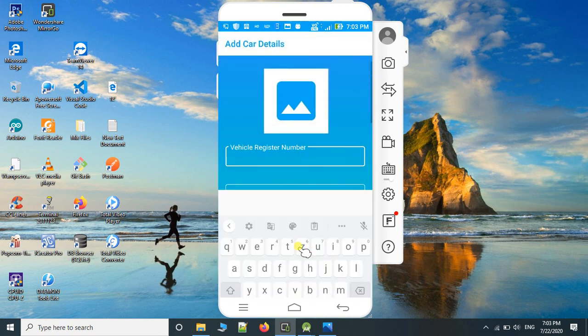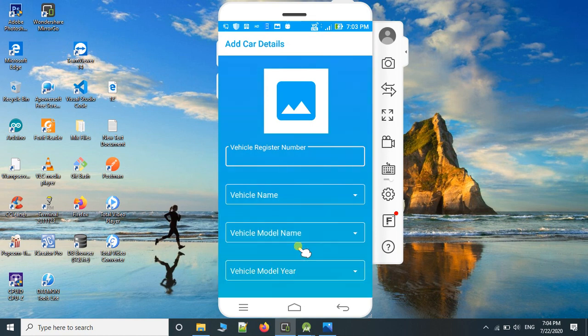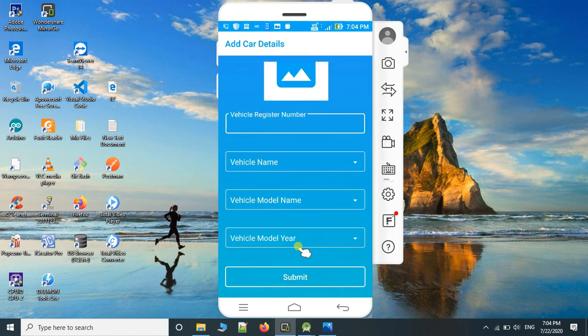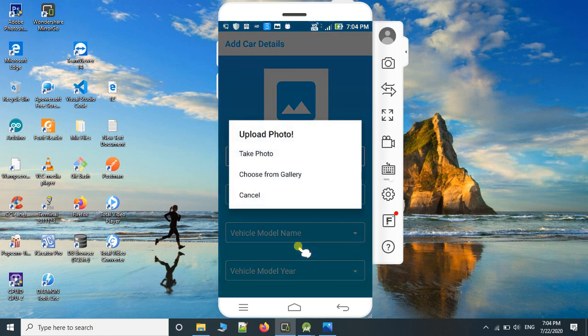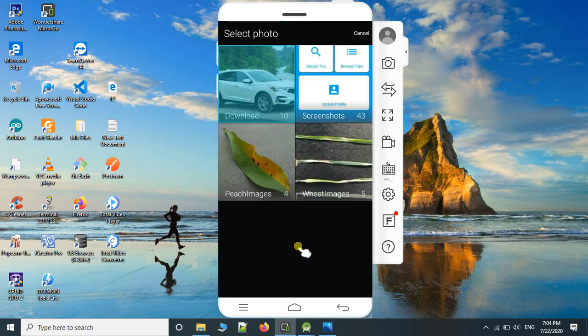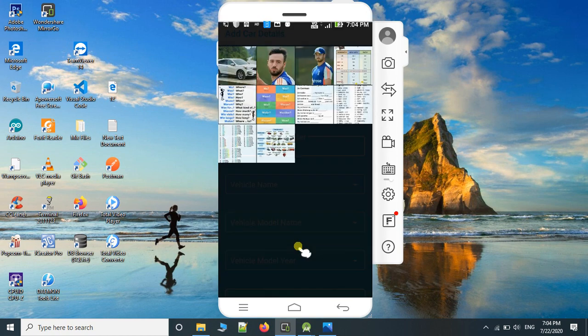I'll select the add car details option, and inside add car details I need to provide four images: car images, RC book images, license images, and insurance images, as well as all other details. I'll click on this image. Here once again I need to select the choose from gallery option, and I am selecting the first car image.